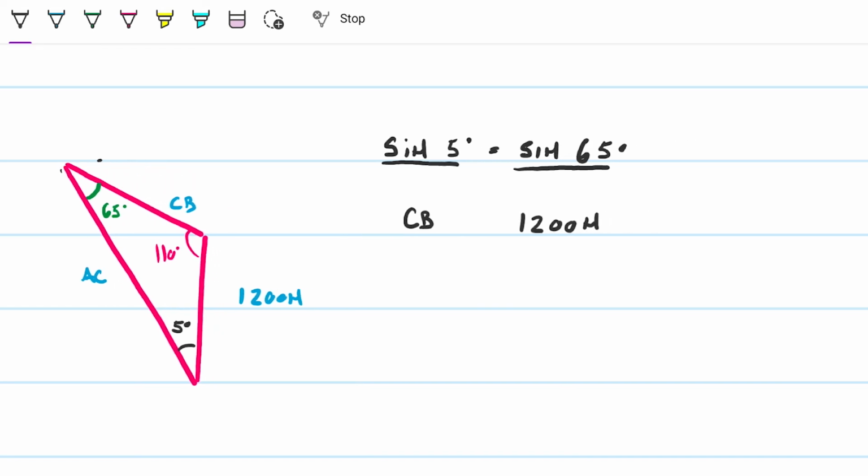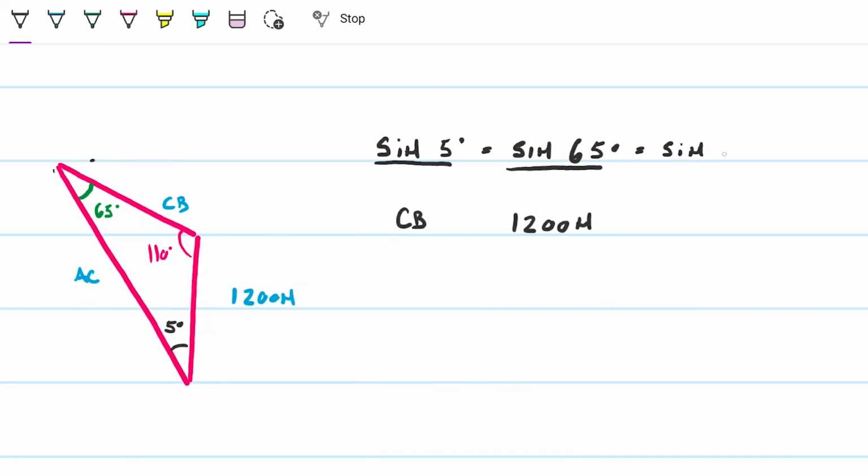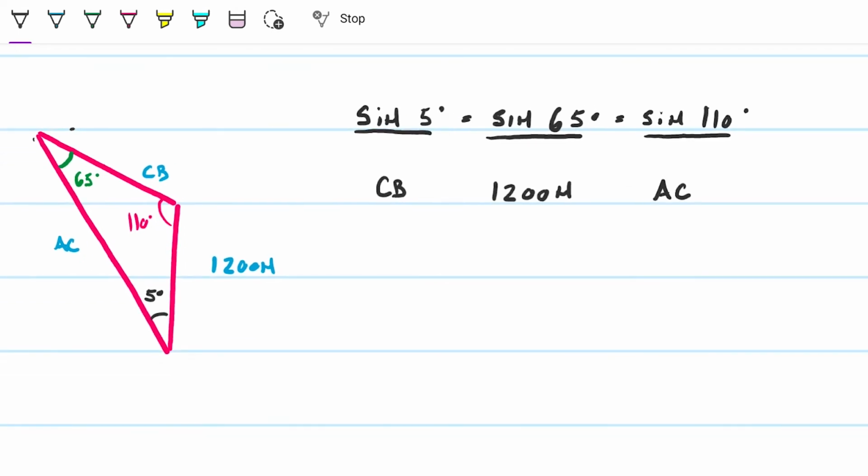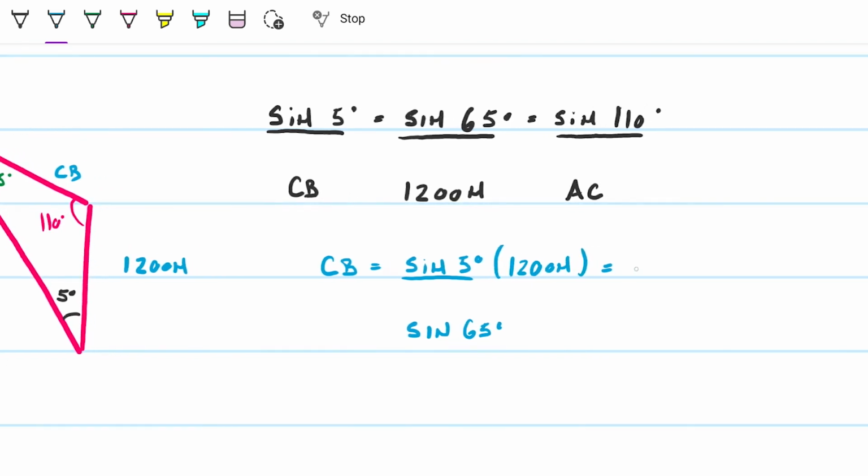newtons. It has to be equal to the sine of 110 degrees divided by the magnitude of the AC force there. Okay, so 2 equations, 2 unknowns, straightforward. My CB will be equal to the sine of 5 degrees divided by the sine of 65 degrees times 1200 newtons, which gives me 115.4